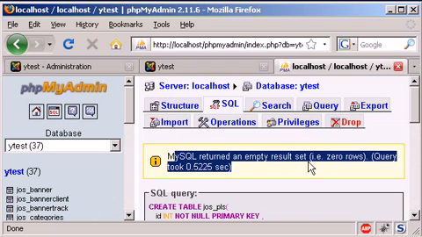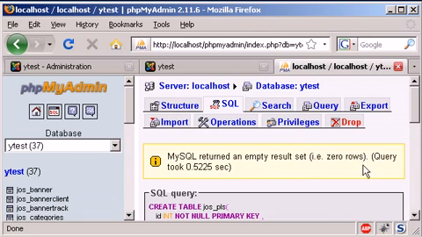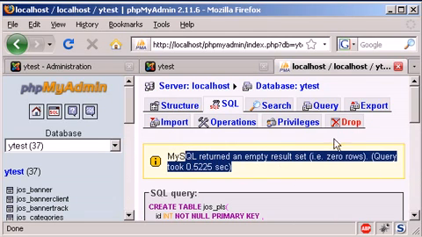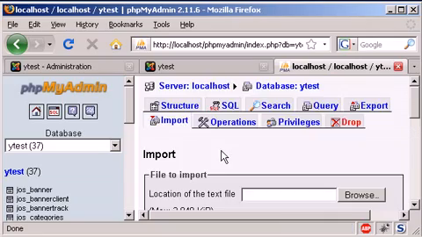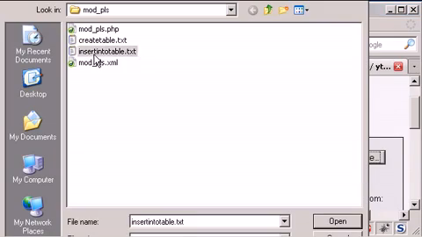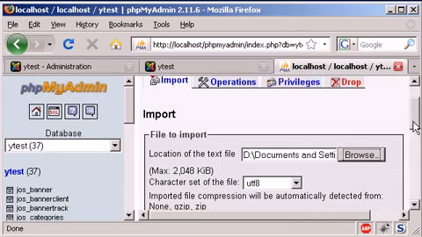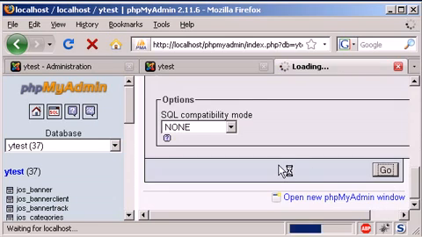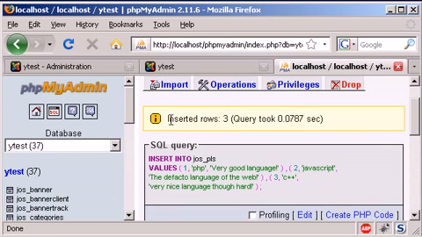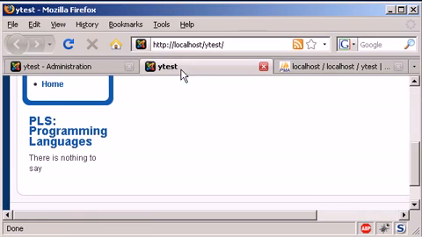Okay, the query has been executed. Let's now import the data. So browse, insert data, open and go. So there we go, we have inserted 3 rows. Okay, now if I refresh,